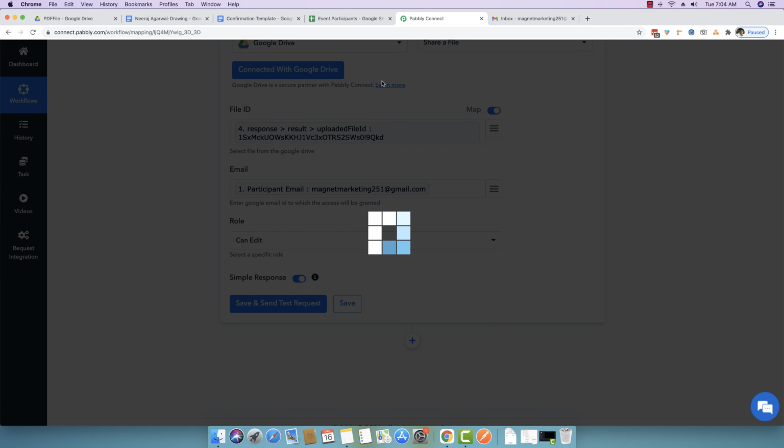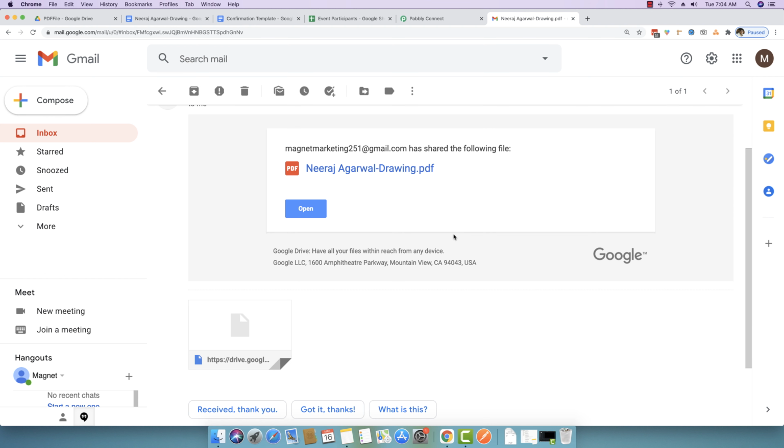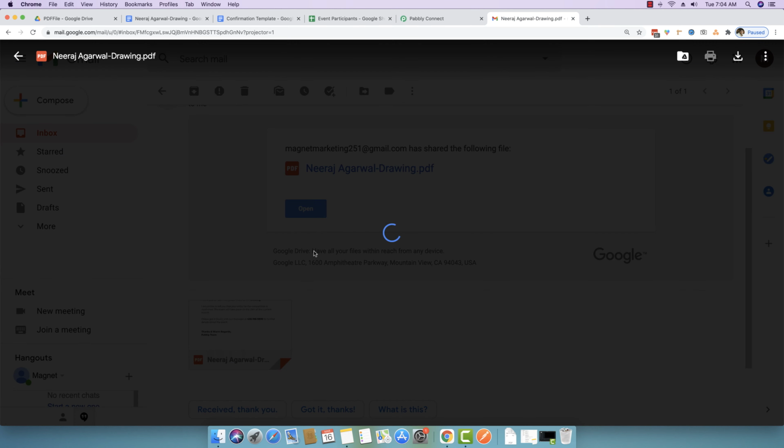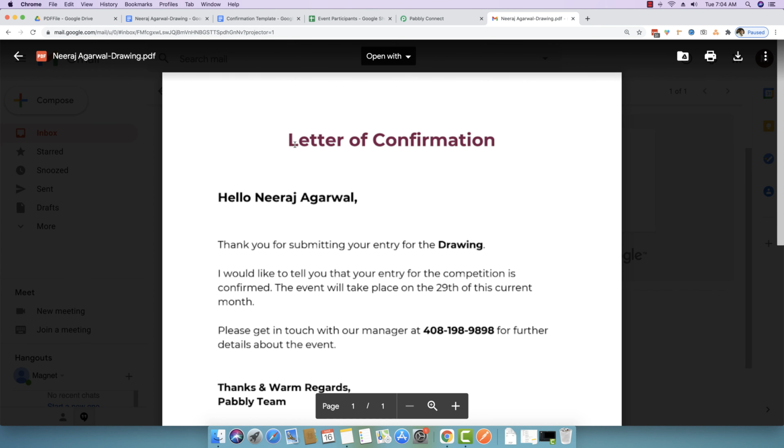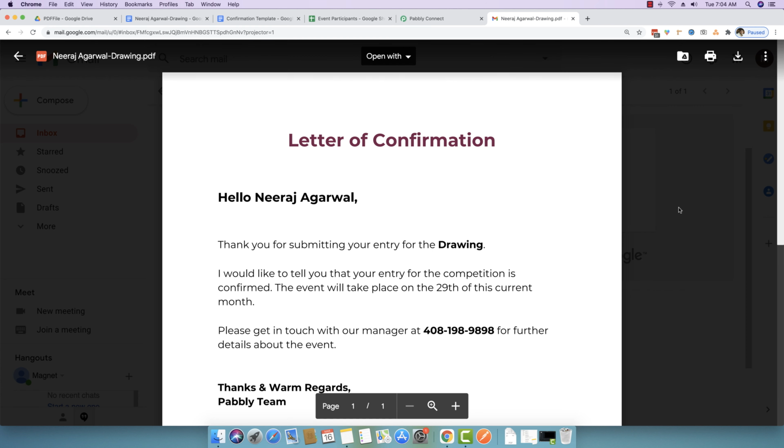And as soon as I do that, I will just move back to my Google Drive and Gmail account, and you will see that Neeraj Agarwal drawing.pdf is shared with the very same person, the participant, and he can download the file. He can just access the file right here. Okay, so it says letter of confirmation. Hello Neeraj Agarwal, thank you for submitting your entry, and all the things are right there.